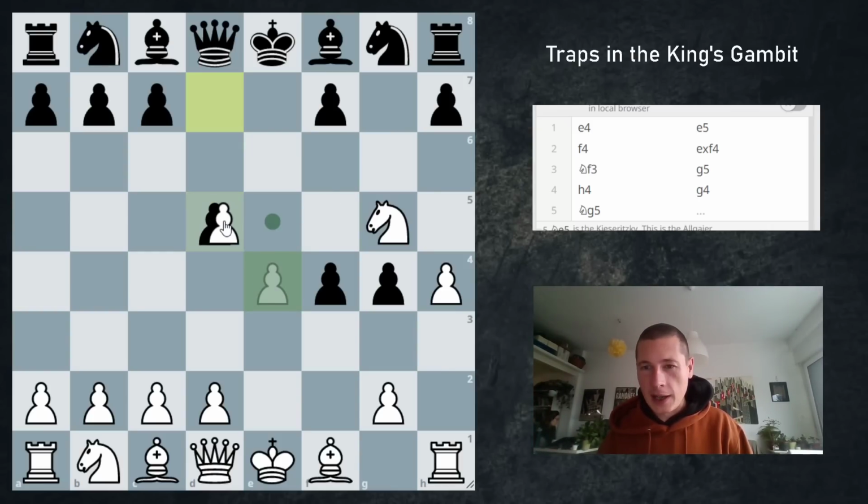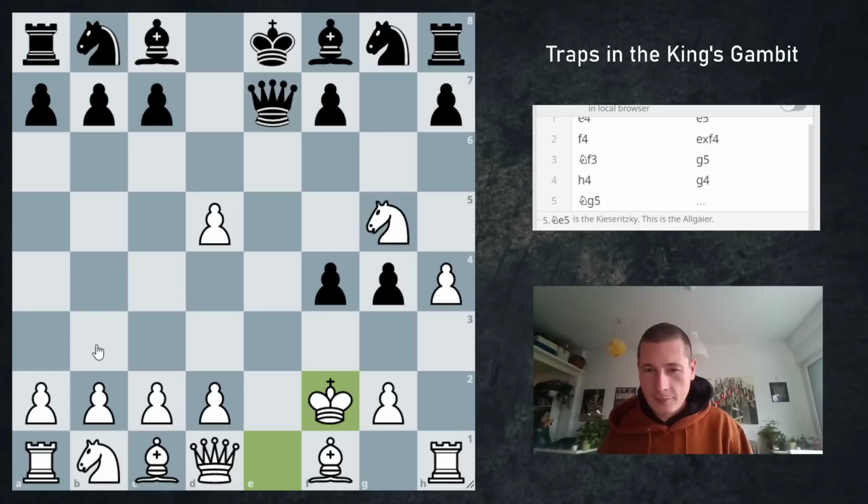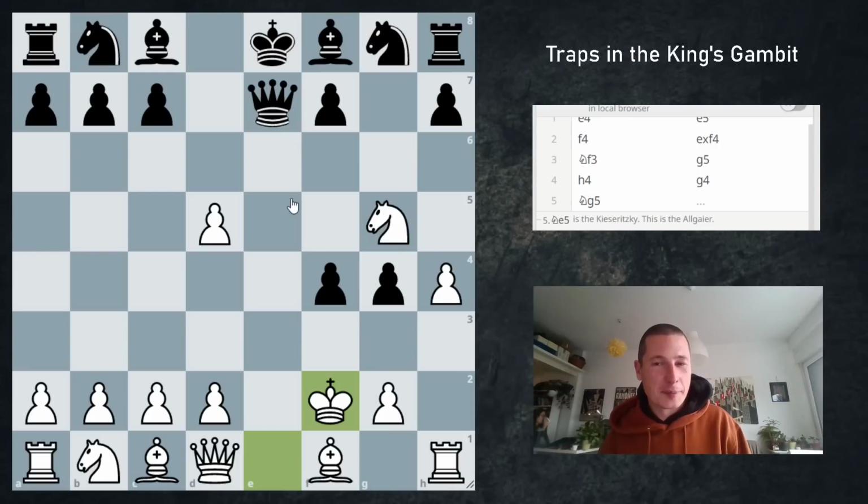And after ed5, queen to e7 check. You go king f2, and there's a way for black to win this position, which I think most people would find. After king f2, white is lost, but it's a good attempt. And it's a trap that's completely unsound, but if your opponent is inexperienced, they shouldn't be able to find the